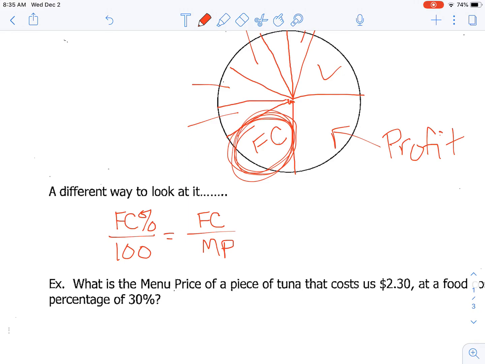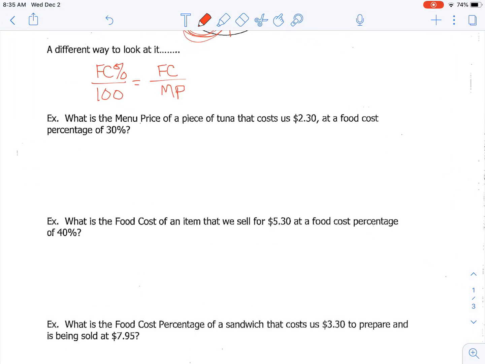So just to show you some basic easy problems, it says, what is the menu price? So what should we charge our customer for a piece of tuna that costs us $2.30 to make at a food cost percentage of 30%? Do you see how those all go into the formula there? And if we cross multiply and divide,